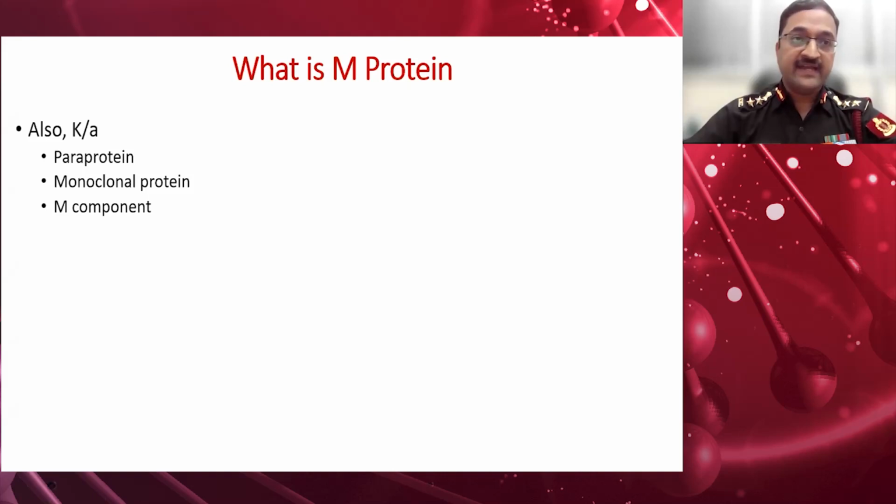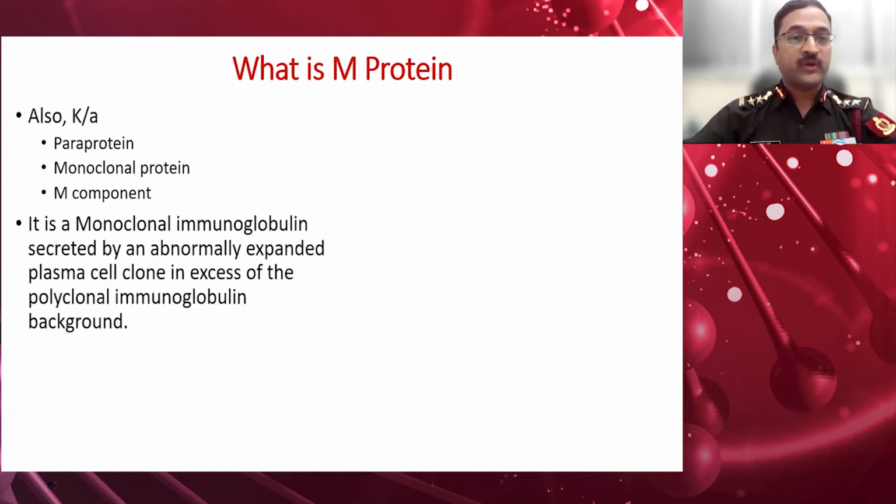As you all understand, it's a paraprotein. The M stands for monoclonal. Some people also call it an M component. Now, when we have to define an M protein, we all understand that all of us have polyclonal immunoglobulins in our body, which are a part of the humoral immunity. We define M protein as excess of a particular type of immunoglobulin secreted by an abnormally expanded plasma cell clone,